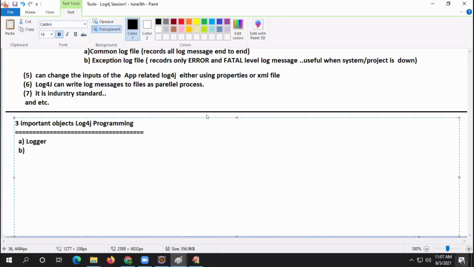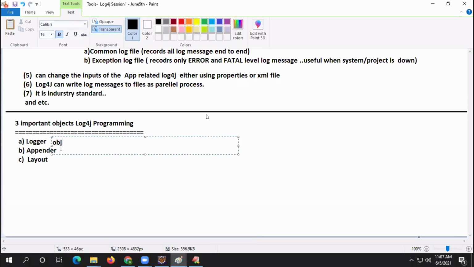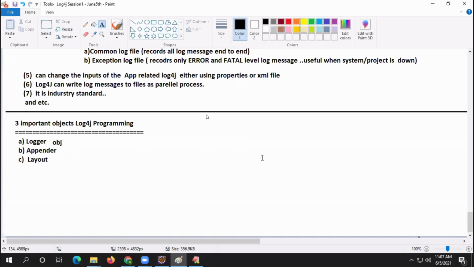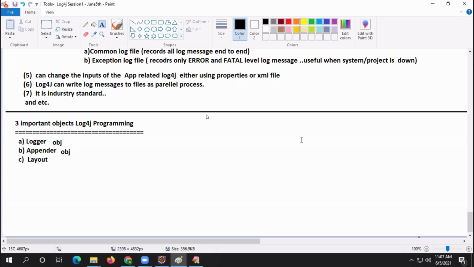Okay. Number 2, appender. Number 3, layout. There are 3 objects, guys. One is the logger object, the other is the appender object, and the last is the layout object.